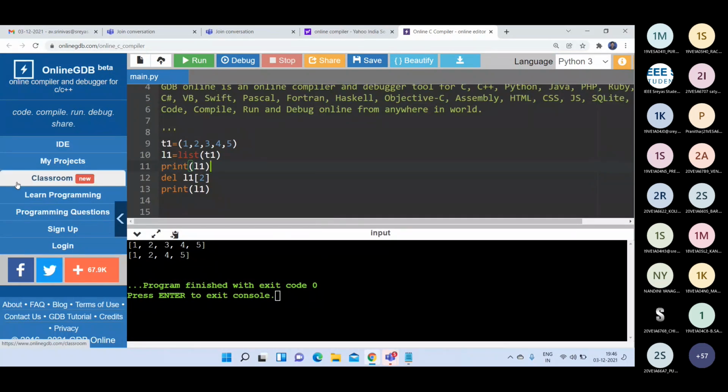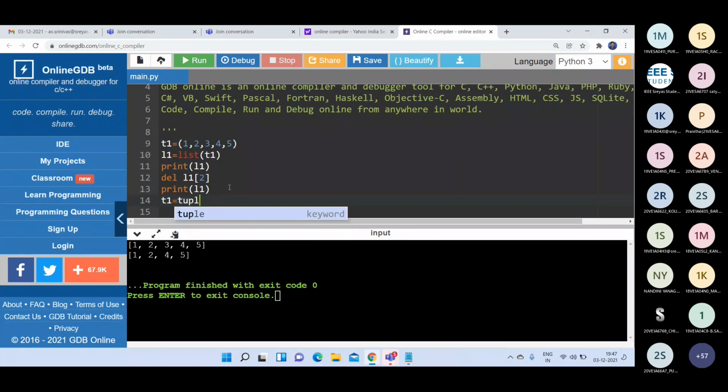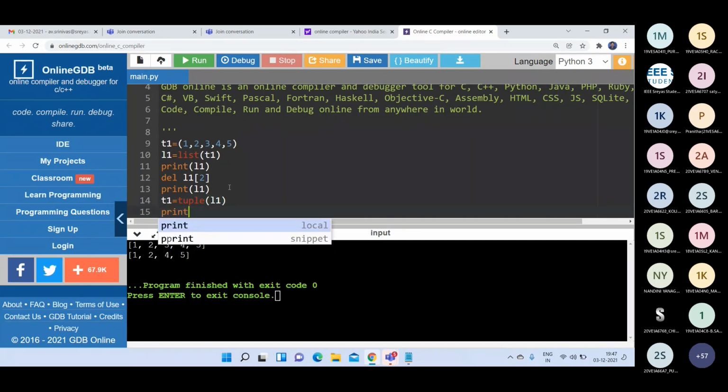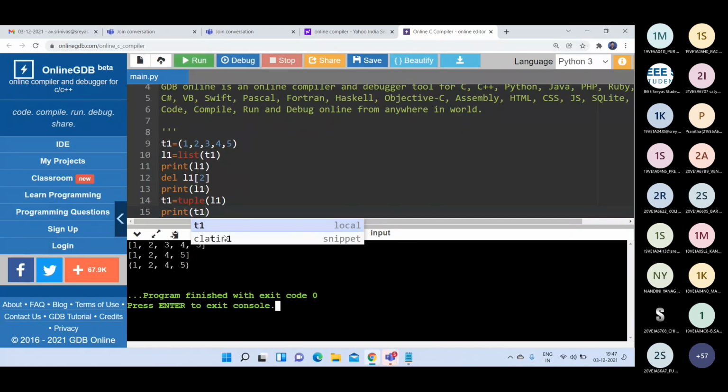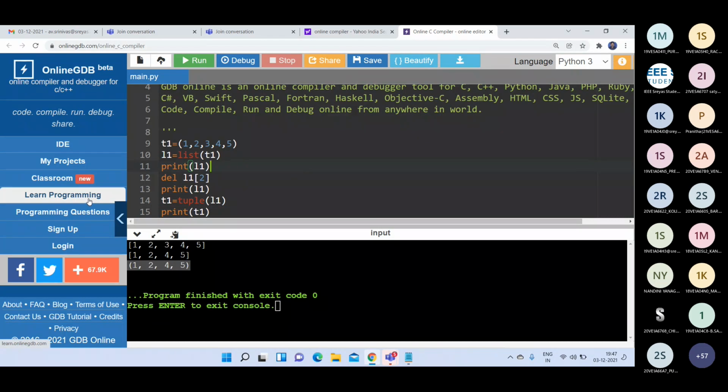So you cannot directly perform the operations or modifications in the tuple, but you can convert the tuple into a list, and then after this modification, you can convert this list into a tuple again. T1 is equal to tuple of L1. Then if you print T1, see here, 1, 2, 4, 5 is a tuple. Is it clear?